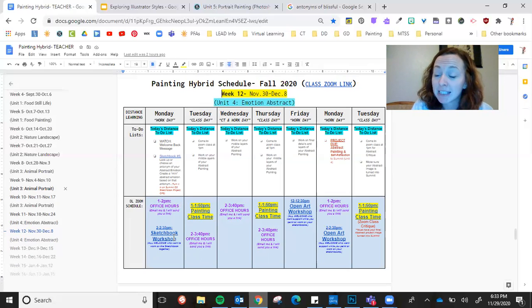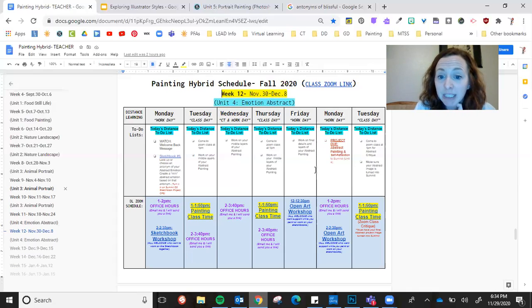Don't forget, Wednesday is the main time when you meet your mentor. So I'll be talking to my mentees, but you still will continue to work on your abstract, as you can see from your to-do list. And I have office hours if you need anything. Thursday is the same as Tuesday, continuing to work.